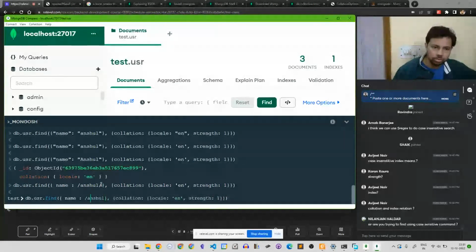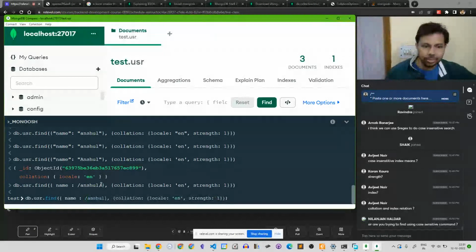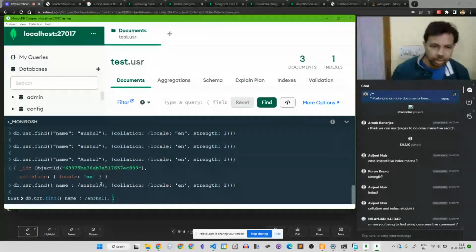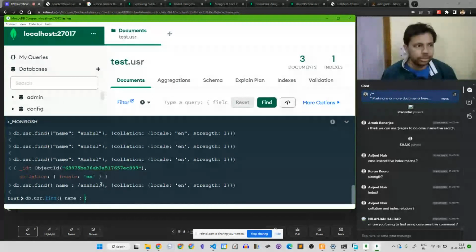Okay, let me show you how you can do it using regex, and then maybe in future videos I'll show you how to do it with collation. I'm not sure how it is happening right now. Let's see how to do it in regex.